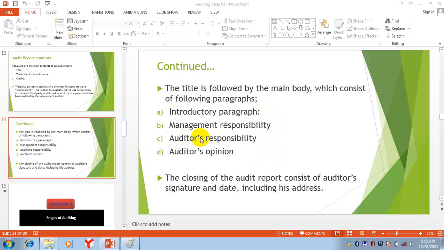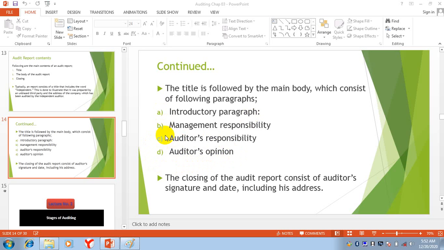The main thing is the auditor's opinion, whether it is an unqualified opinion, a qualified opinion, an adverse opinion, or a disclaimer of opinion. So this is the main thing in the audit report.